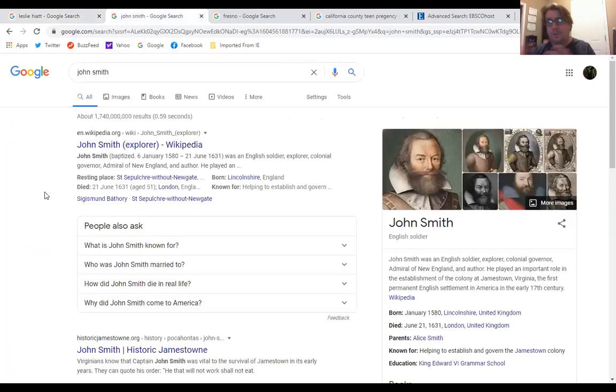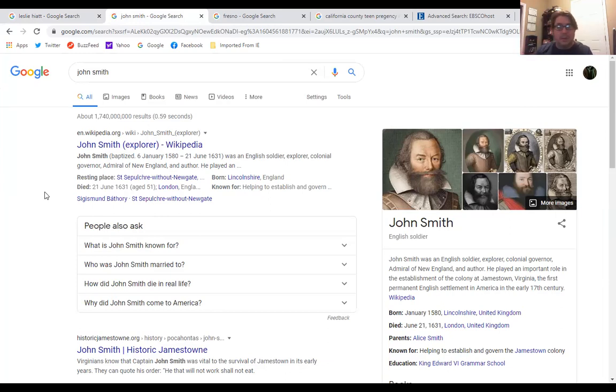When we're searching for a person, here I had just a generic name, John Smith. And John Smith is a famous explorer, soldier, and so forth. He's British, and he did this stuff during the late 1500s, 1600s. So he probably is responsible for a lot of death. Oh, the establishment in Jamestown, Virginia. Oh, yeah, well, yeah, people died. All right, anyways, the reason why I bring it up,